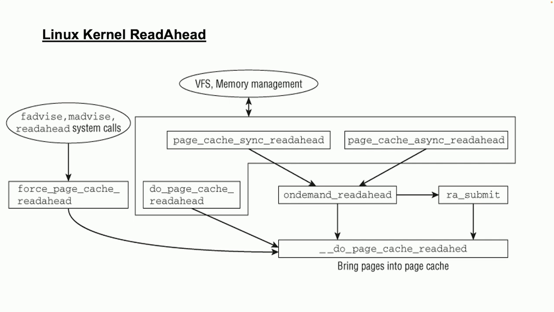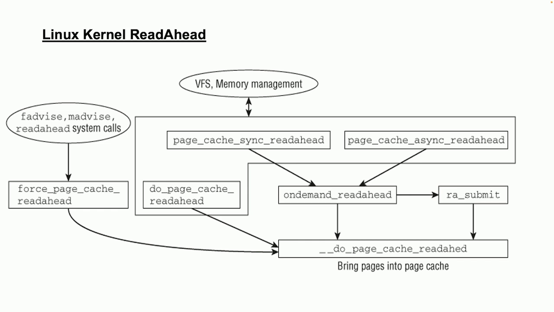So I know that I will need 4 kilobytes of data from my file, let's say starting at offset 0. I will tell the kernel using these calls that from this till 4K, fetch me the data. The kernel will not do any heuristics there. It will just do a kind of forced page cache read ahead, and it will try to bring all those pages into the